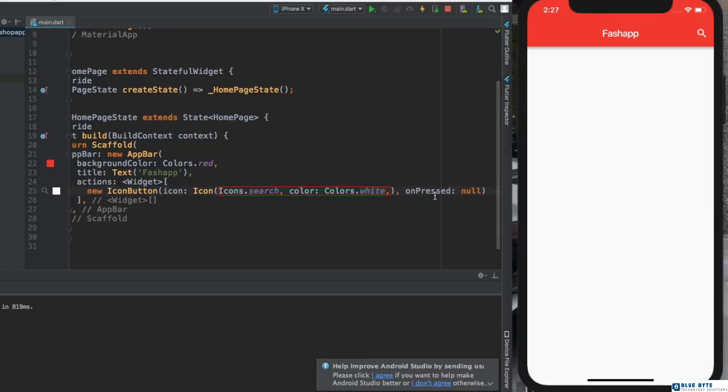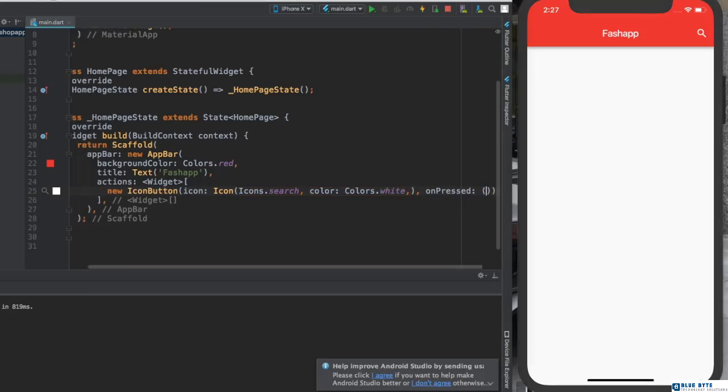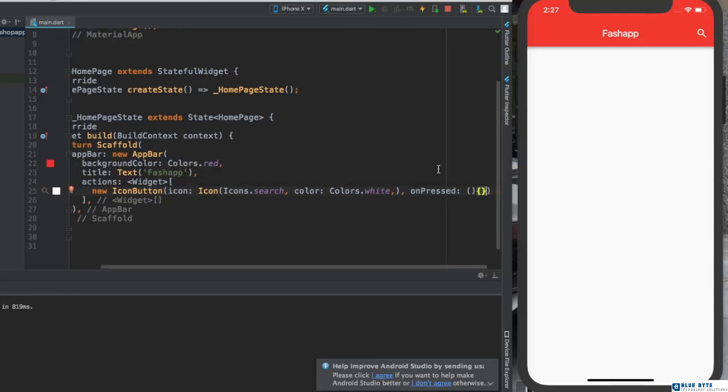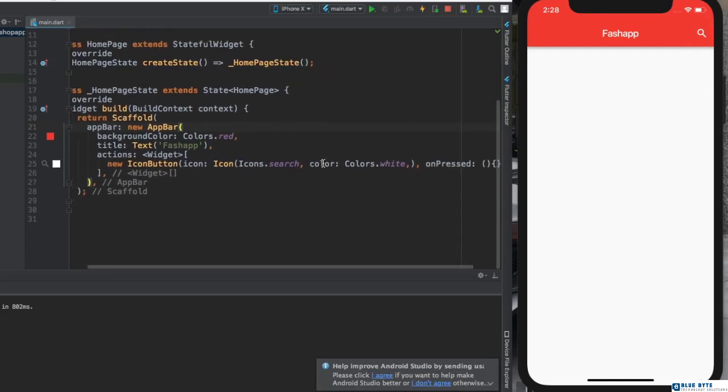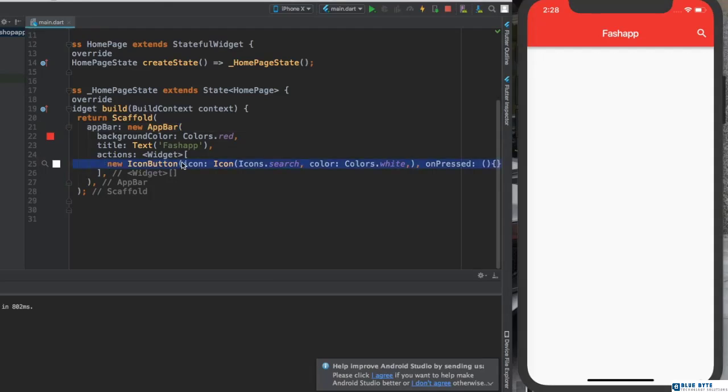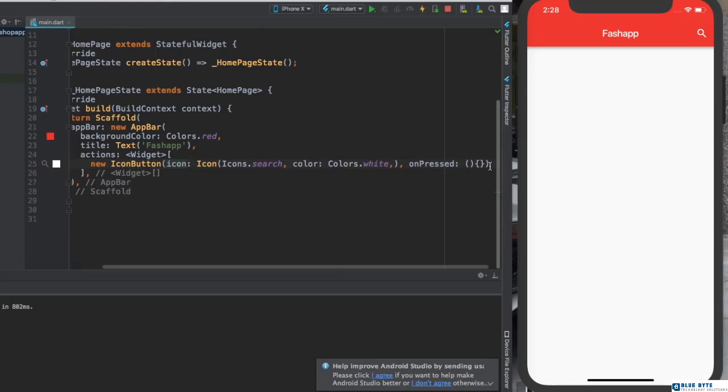Why? Because for this property onPressed, it's null. What we're going to do, we're going to provide an empty function here, just like this. This means that the function is empty for now, right? And you can see, now we have a special effect when you click on it. Now, to not waste time, let's just copy this and we will paste it